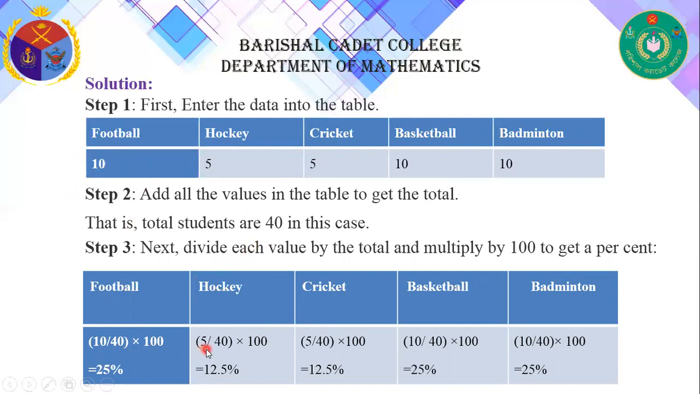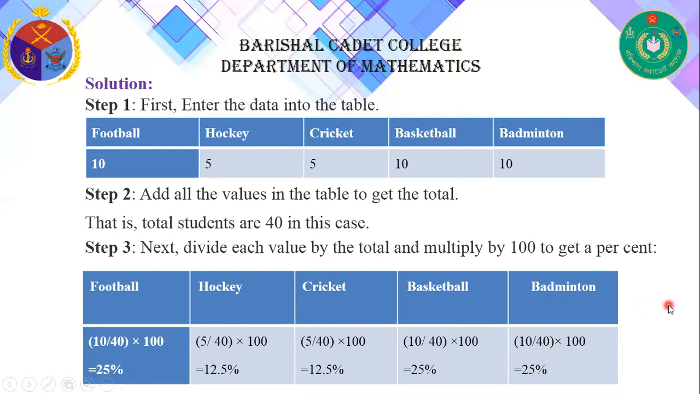And for hockey, 5 students, that's why 5 divided by the total, which is 40. 5 divided by 40 into 100, that means 12.5%. And similarly for cricket, 5 divided by 40 into 100 is 12.5%. And for basketball, 10 divided by 40 into 100, that is 25%. And for badminton, 10 divided by 40 into 100 equals 25%. So we get the percentage value of every respective